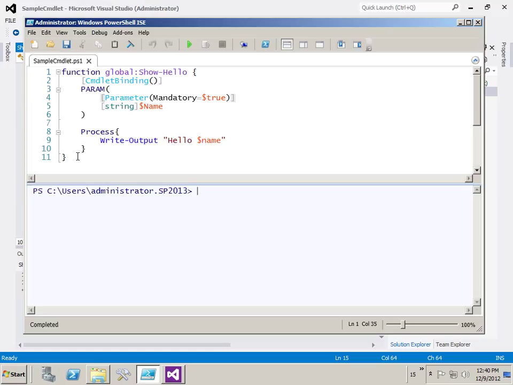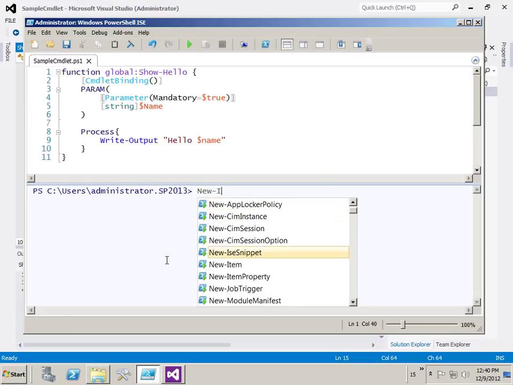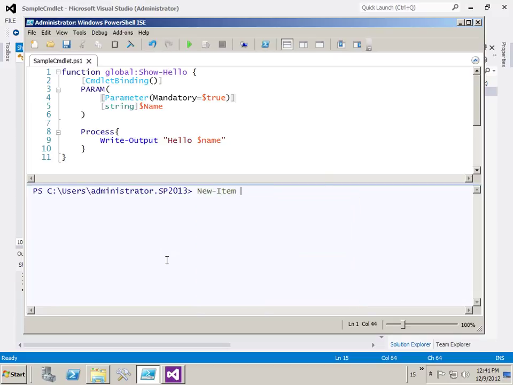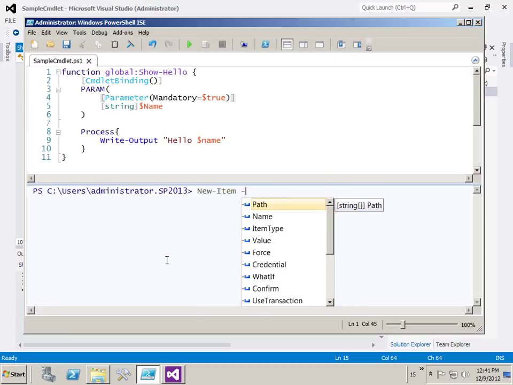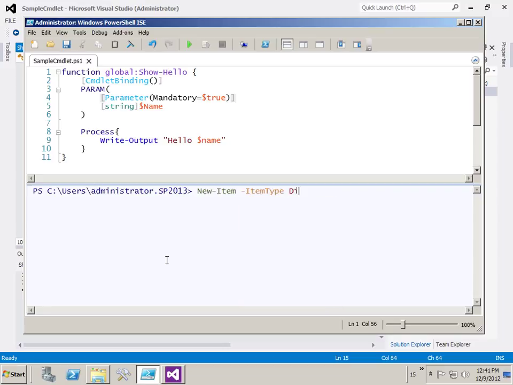Now there are a couple of directories that I could put modules inside of, but I'm going to create a module just for my current user. And so I'm going to use the new item command, and I'm going to use it to create a directory. So the type of thing that I'm creating is a directory, and the path for this is going to be